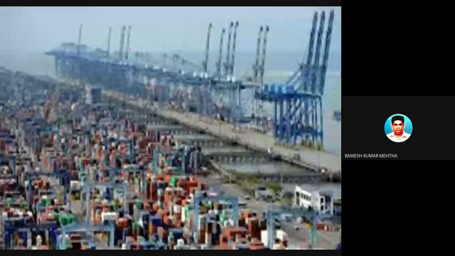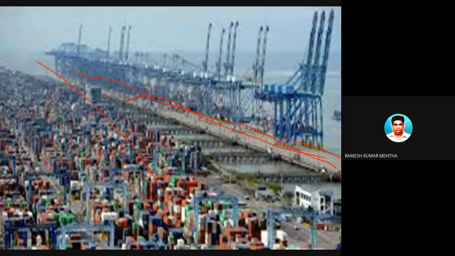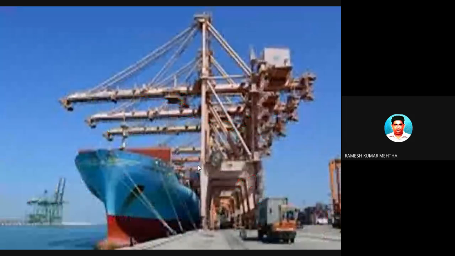So look at the structure of the port. This is the road on which the truck will come and load the goods here, 1, 2, 3 like this, and whenever required, it will be transported here, placed here, and from here it will be transported or ferried to the vessel. So this is a big port, I will call it. It's not a small piece of land. It runs into thousands of acres, more than thousands of acres.